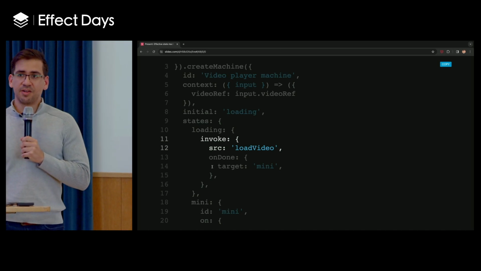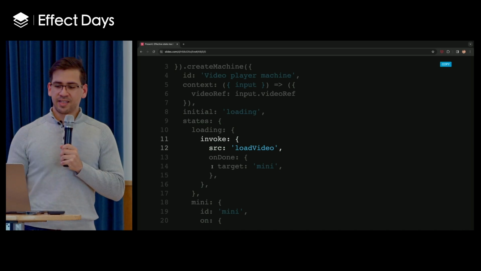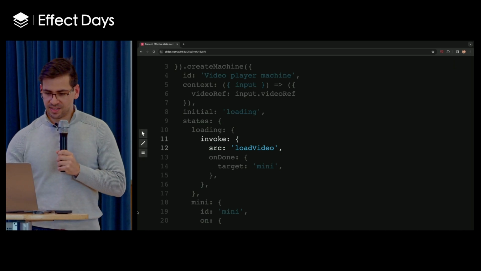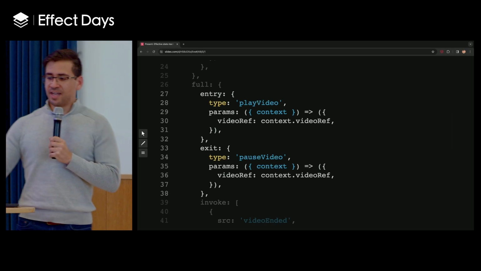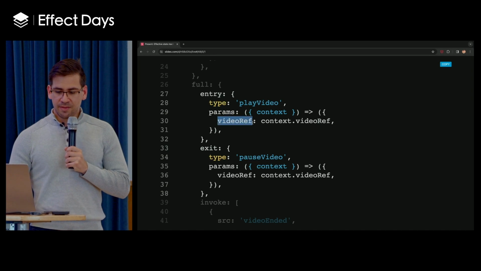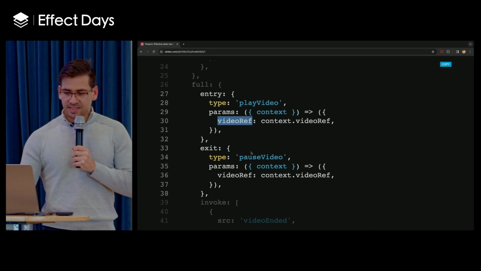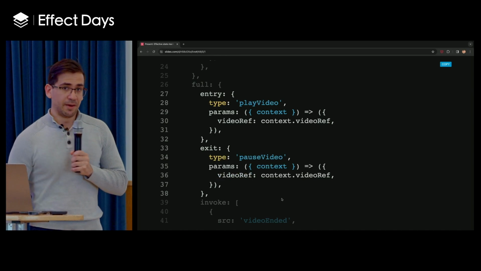This is just a declarative representation of, hey, we're doing this. We're not exposing any implementation details. And same thing with the actions. If I'm in the full screen, I know that on entry, I'm going to play the video, and I'm going to pass the video ref. And when I exit, we're going to pause the video, and we're also passing the video ref there.